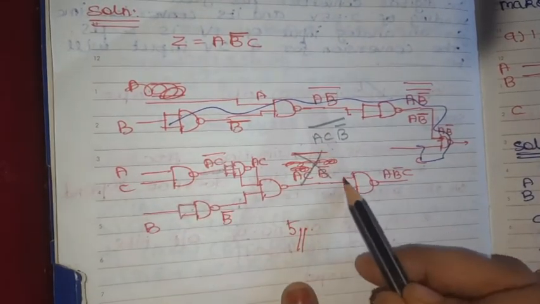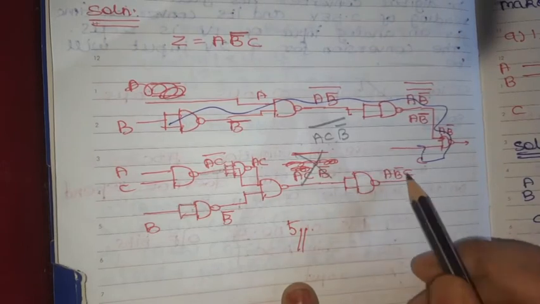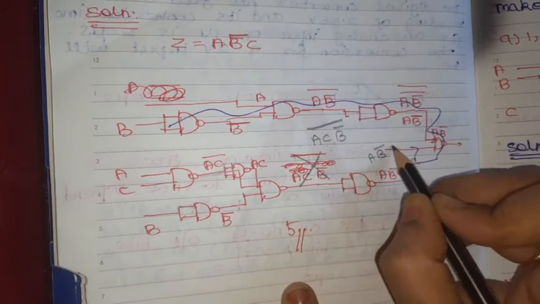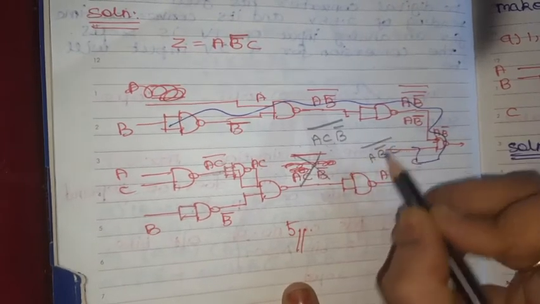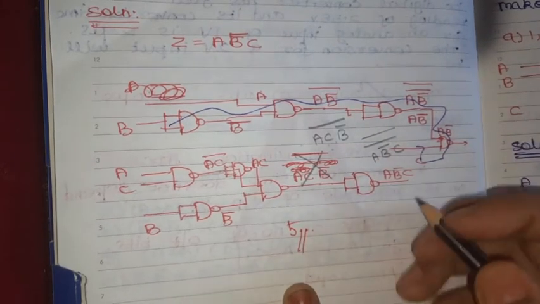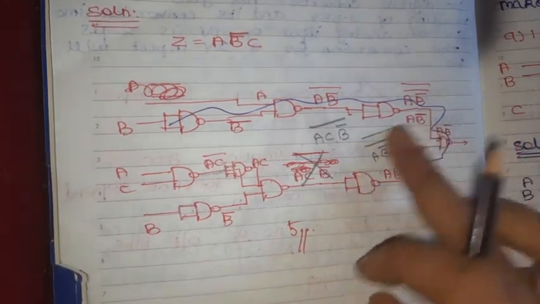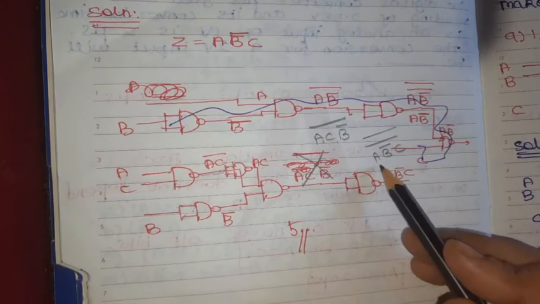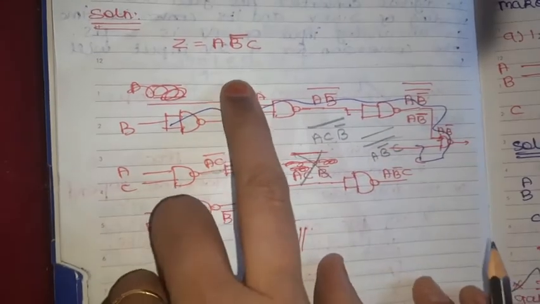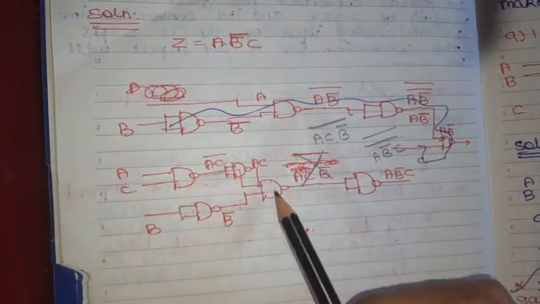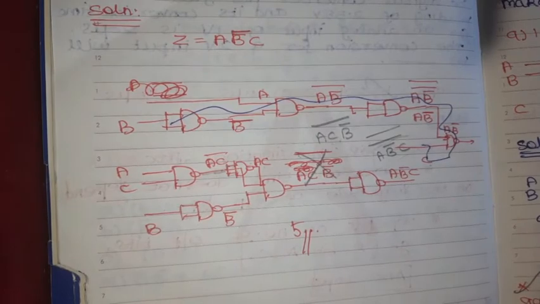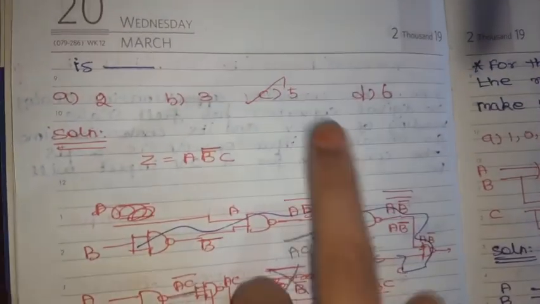Again that NAND gate, what we will get? A B bar C, with one bar also there, again one NOT gate, so the double bar, the 2 bars cancel, complementing each other. So what we will get? A B bar C alone. So this is the output now. So 1, 2, 3, 4, 5. We need to think and analyze logically. So 5 gates required.